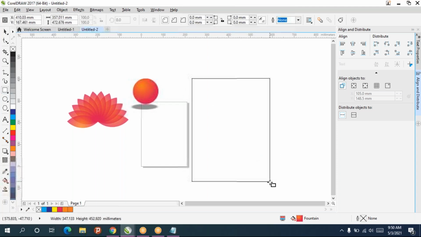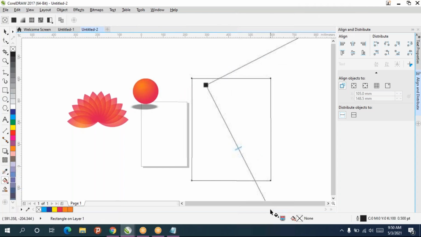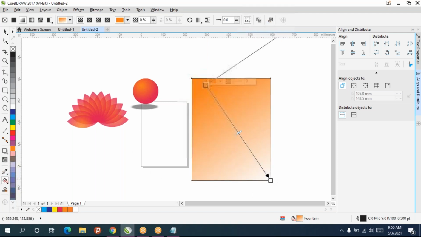Now if you want more than two gradients, take gradient tool, just click and drag. Okay, so this one you select any color. After selecting this box, we can directly click on the colors also, and in middle if you want any other color, just double click on the line, you will get one more box.